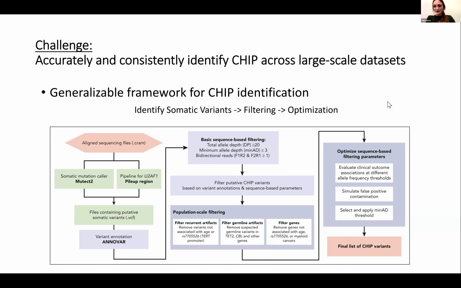I certainly haven't done it, but I'm sure that in the coming years, we'll be looking at clonal expansion across all kinds of different tissues. I know there are some thoughts about how that can happen in the brain and all kinds of different things. And so I really do think that understanding how these mutations accumulate over time across all parts of the body is really, really interesting and will be an emerging field in the coming years. Thank you.